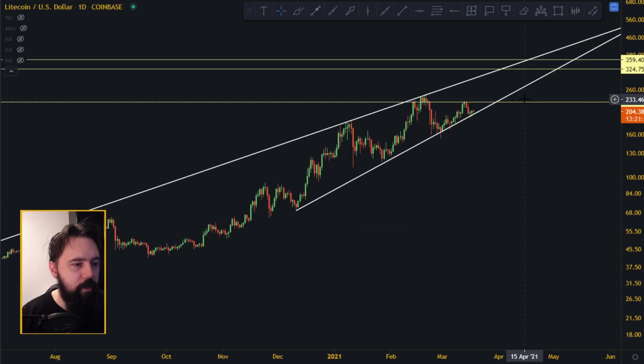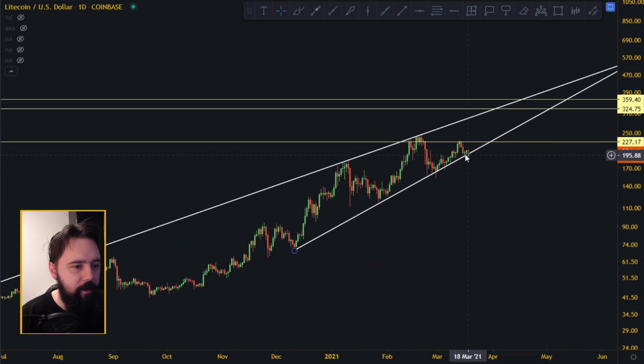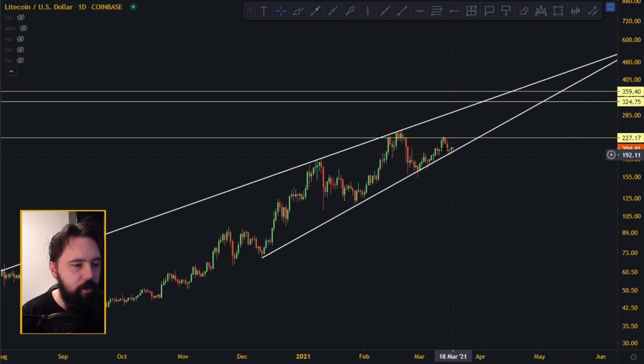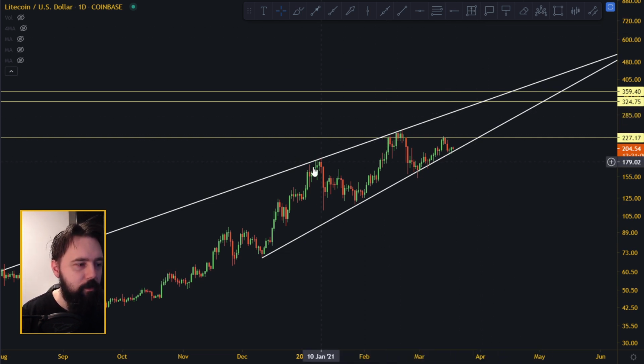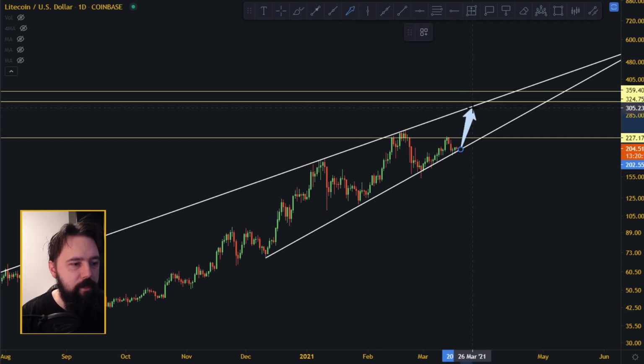Let's get back to our Litecoin chart. So right now we are expecting this to find the bottom here at 200 and actually go all the way up to something like 300 or something like that. So 50% up at least to confirm the hit on the line. So what I'm expecting right now, just by looking at this, is we're gonna go up to the 300, something like this, then maybe get a small pullback,